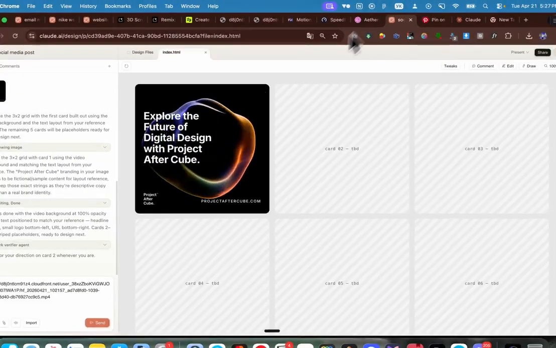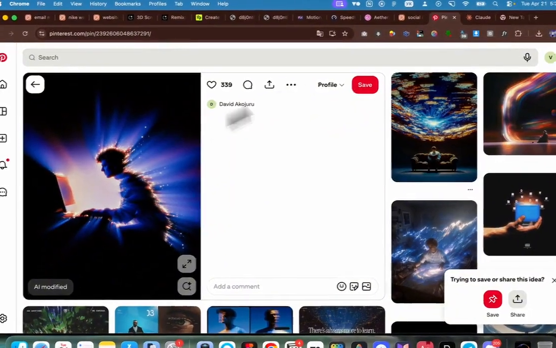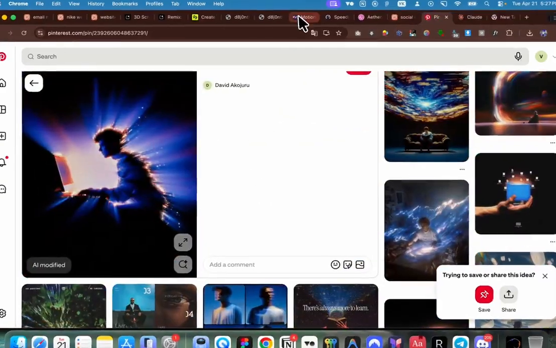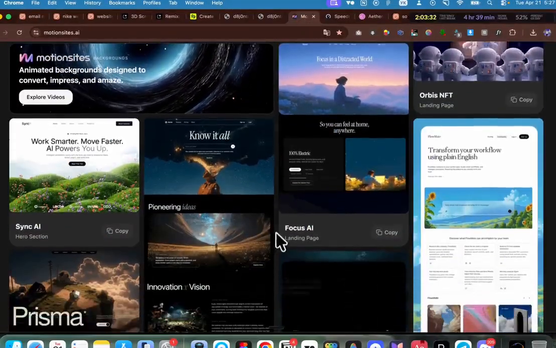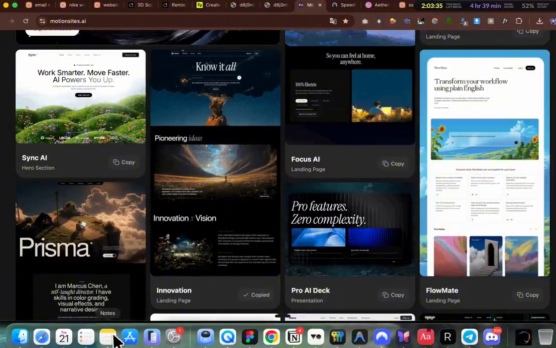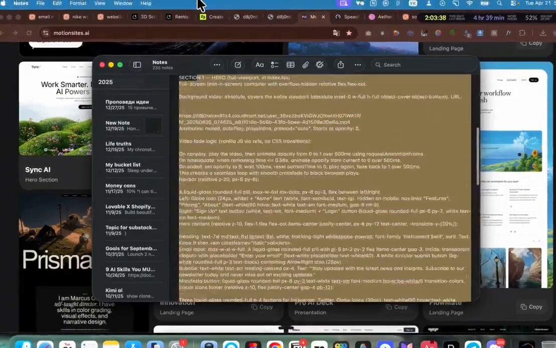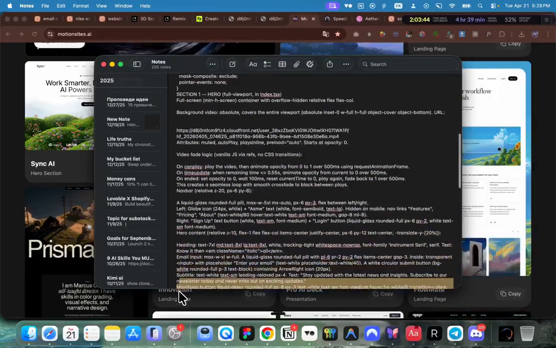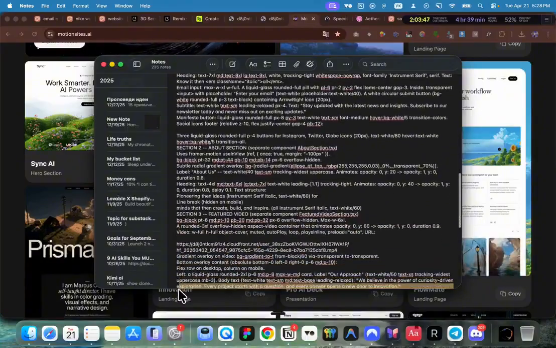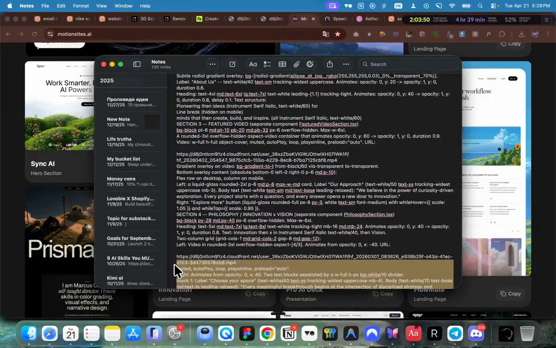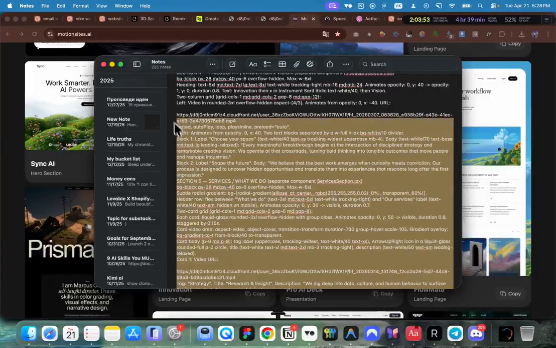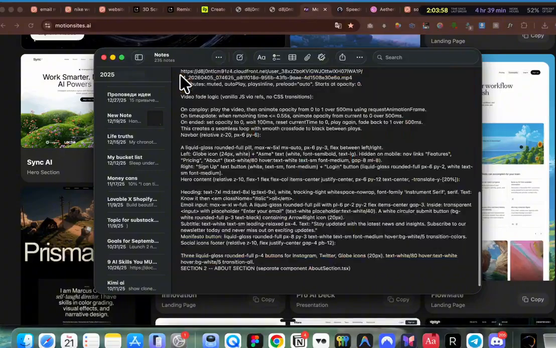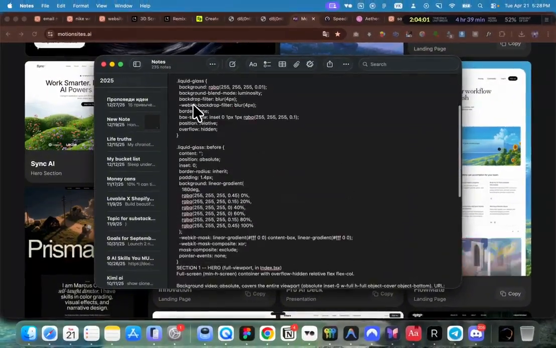And for the design itself, since it doesn't really have any design, we can either find some of the other designs here and try to recreate that, or again, just find a hero section that you like. For example, I like this hero section. I can just get rid of literally everything, but just keep the hero section and the liquid glass. So section 1, we're going to keep that. And let's find where the next section appears. So I think it's already, oh, it's section 5. Section 3, section 2, we also don't need. But I can just copy this